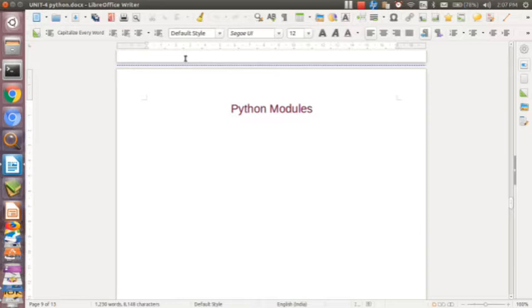Every file of Python source code named with the extension .py can be a module, and we can use it by importing that particular module. The importing operation is essentially to access another file and grant access to that file's contents. So here we need to use two files for modules.